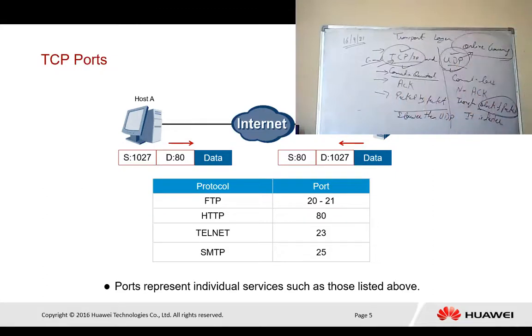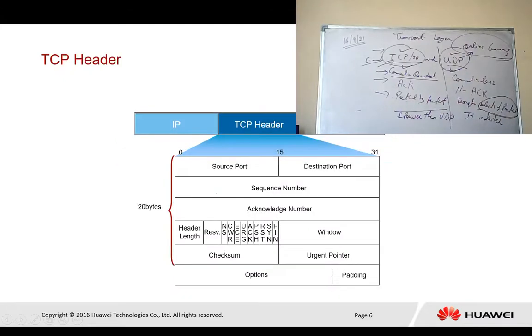A common example of TCP is based upon the application, with well-known port numbers assigned to applications like FTP, HTTP, Telnet or SMTP. So next we have the TCP header.